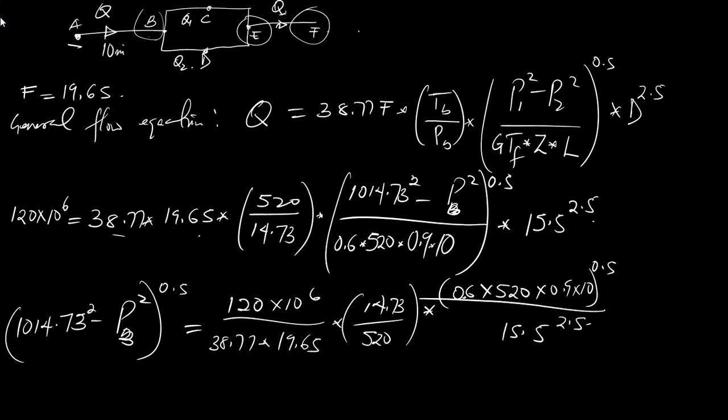Now we have 114.73 square minus P at B, pressure at B square, all in brackets, raised to power 0.5, is equal to